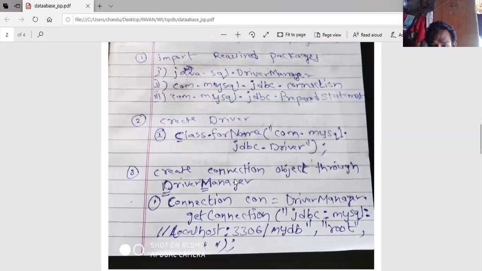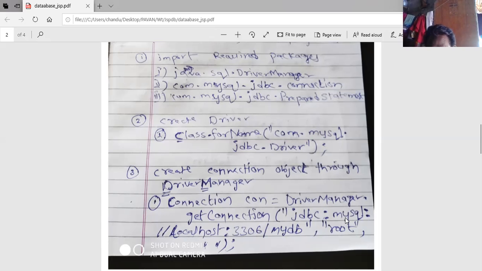Next up, create the connection object through the DriverManager. D is a capital letter, M is a capital letter. It is a built-in class which we imported earlier. Next, Connection con equals to DriverManager.getConnection. Within that, we take some particular arguments: jdbc colon mysql colon, host name, port number and database name.